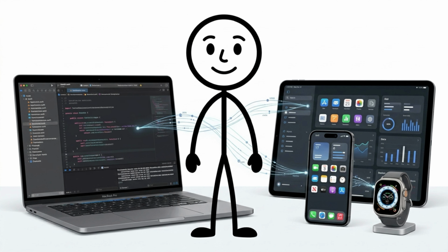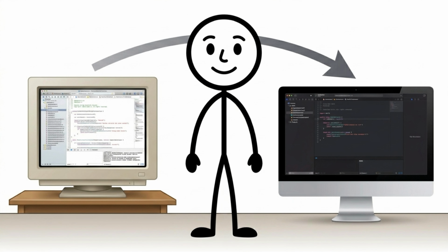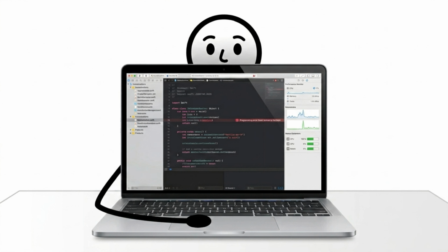Swift. Swift is Apple's modern programming language for developing software across its ecosystem. It is commonly used to create applications for iPhone, iPad, Mac, Apple Watch, and other Apple platforms. Swift was designed to be safer and more modern than Apple's older Objective-C language. It includes features that help developers catch certain programming mistakes earlier while still providing strong performance.